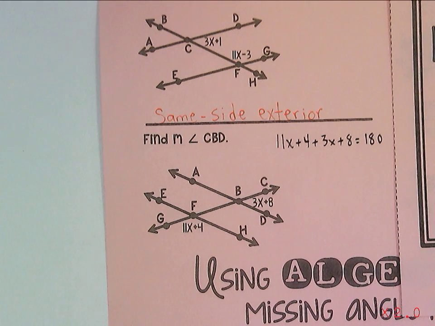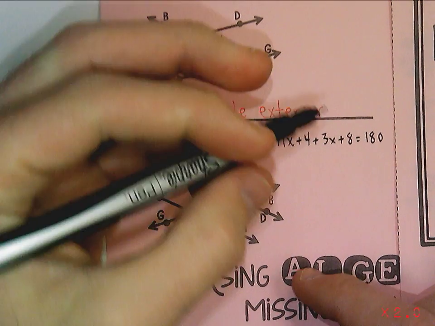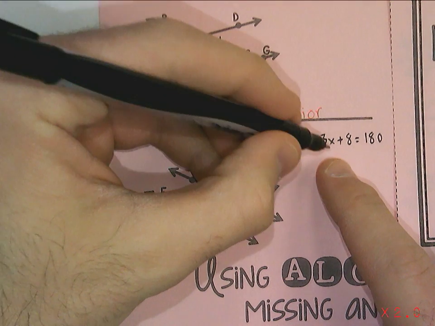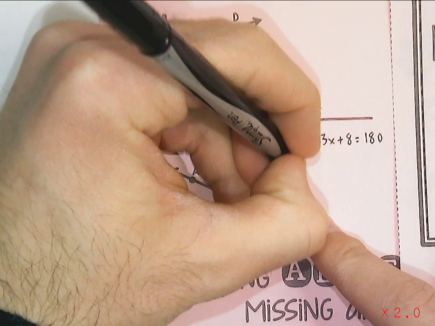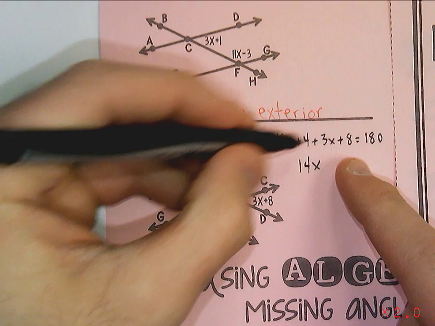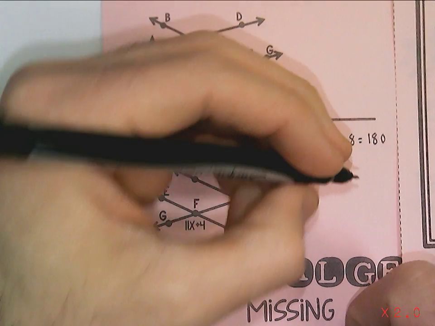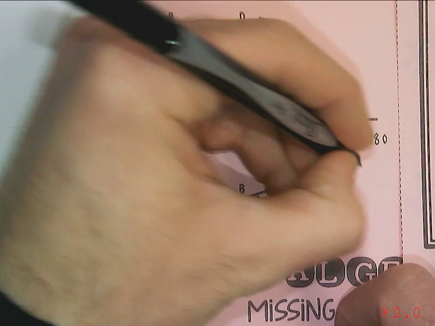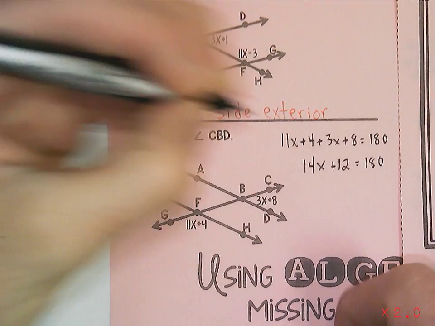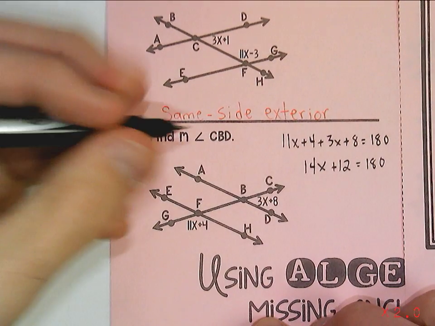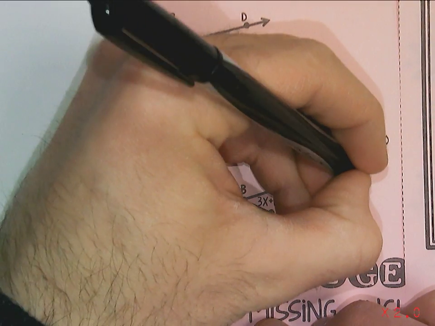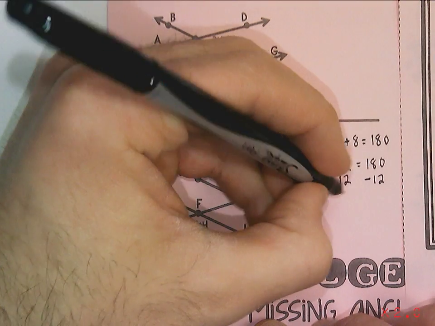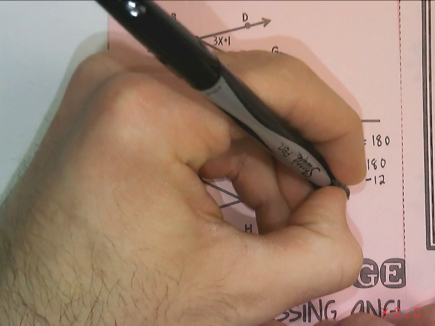Solving equations here, so combining like terms, combining constants, so 4 and 8, and then ultimately doing a two-step equation to solve that. So 11x plus 3x is 14x. 4 plus 8 is 12, and that's equal to 180. So we're going to have to subtract 12. Subtract 12. We'd have 14x equals